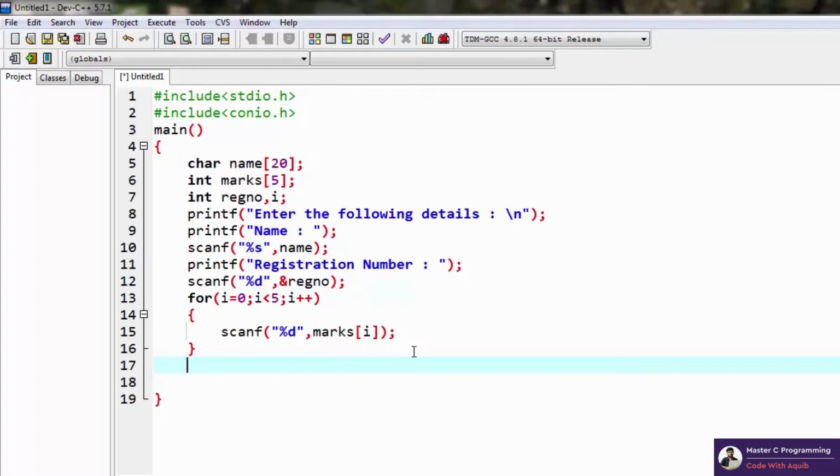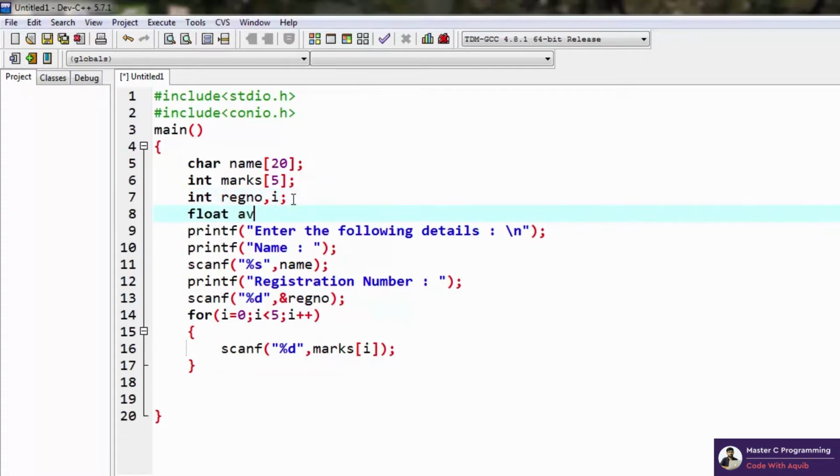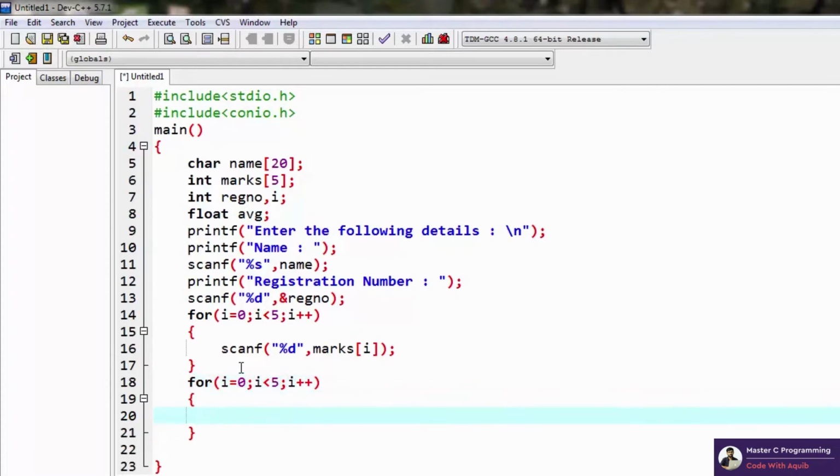The next thing we need to do is calculate the average of these marks, right? So what we are going to do is, if the average of these marks is between 90 and 100, a CGPA of 10 will be given. If the average is between 80 and 90, a CGPA of 9 will be given, and so on, right? Since we are dealing with an average, we need a floating point number for storing that, and again we'll use a for loop because we have 5 different marks, so we'll need to add all of them while taking an average. So let's make a for loop again, and now we'll do average is equal to,